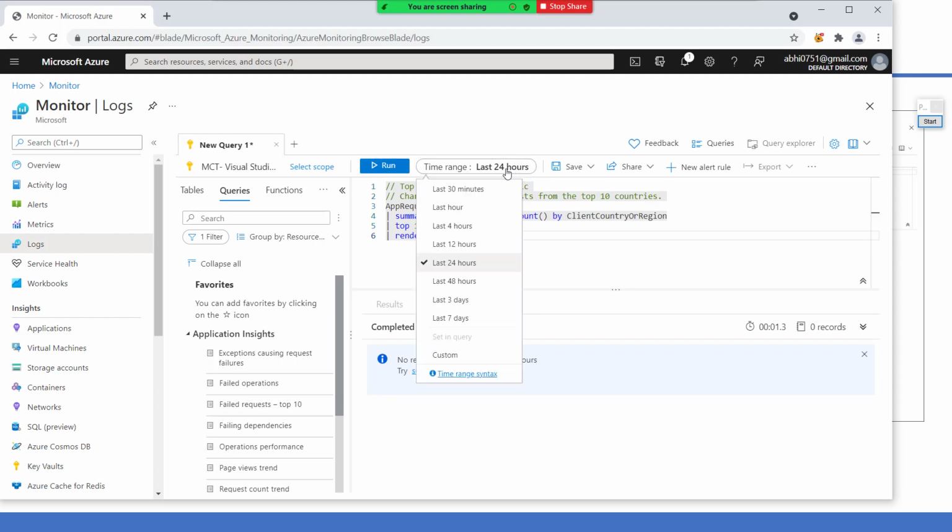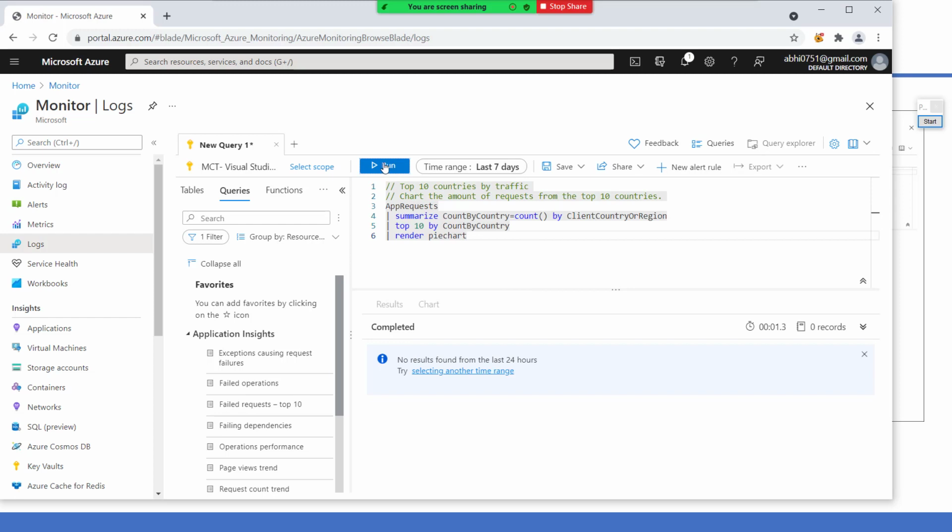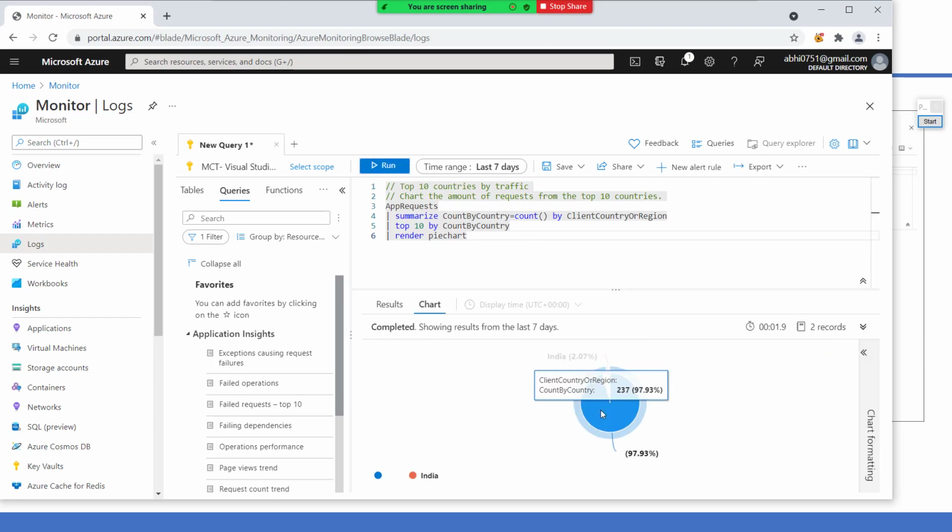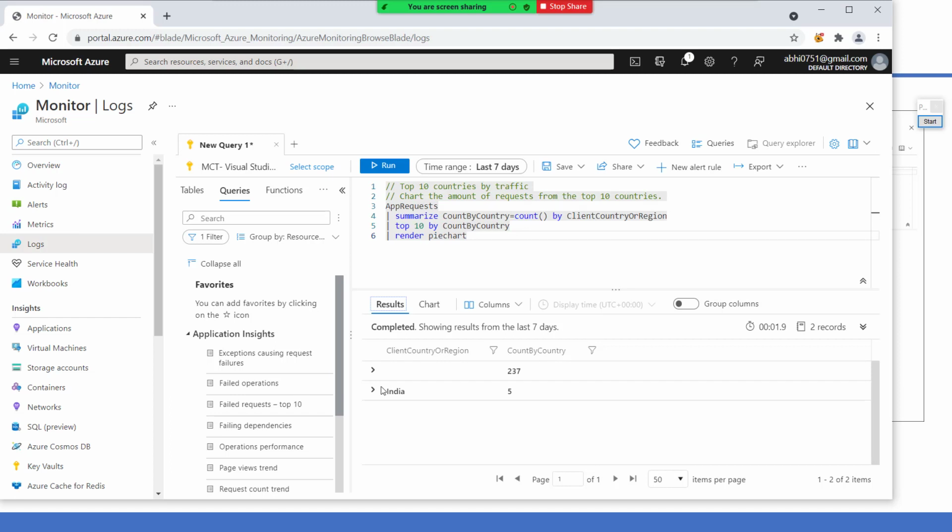If I go to the last 7 days, you see I have some data, right? And if I would like to drill down, yes, I can drill down. If I would like to see the results, I can see the results.